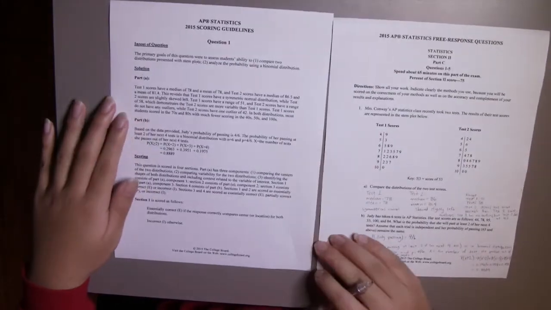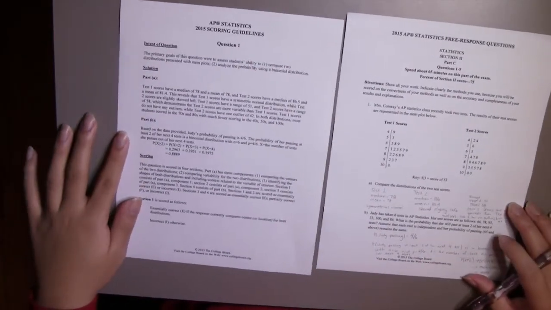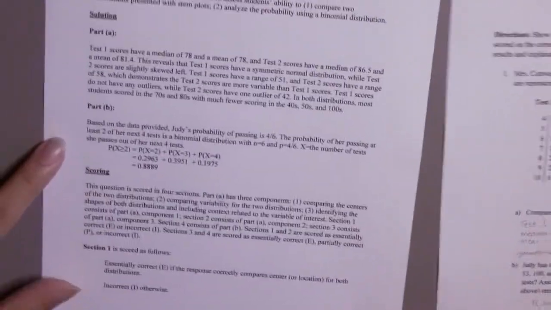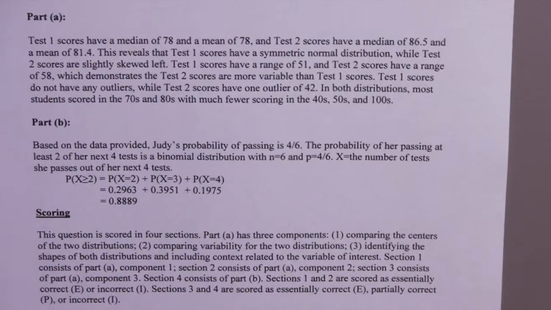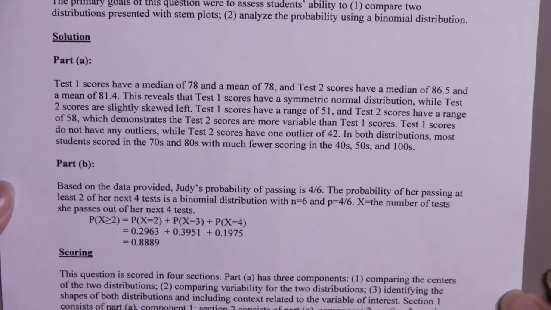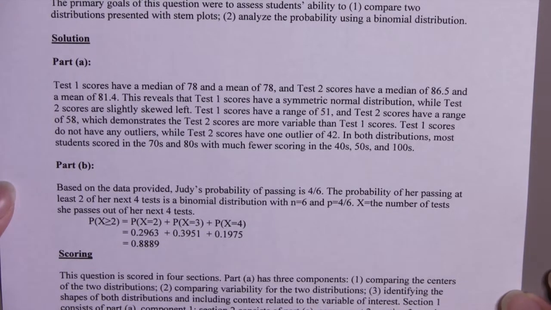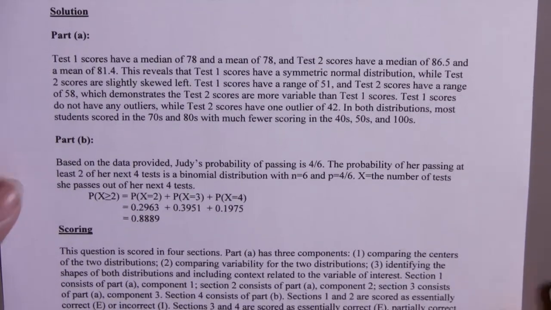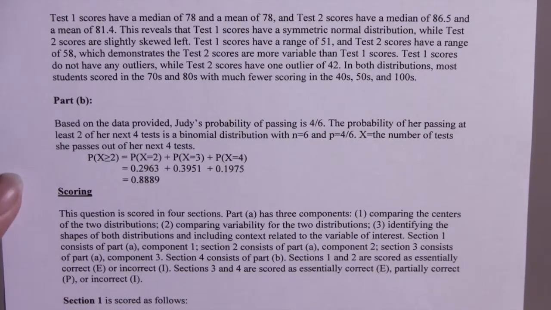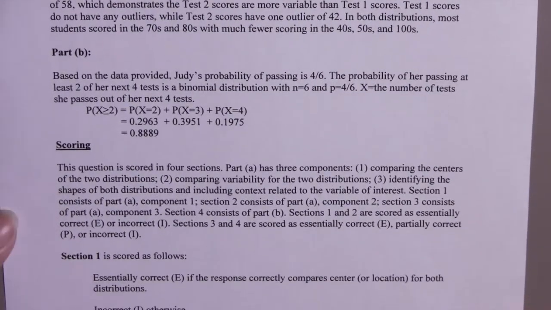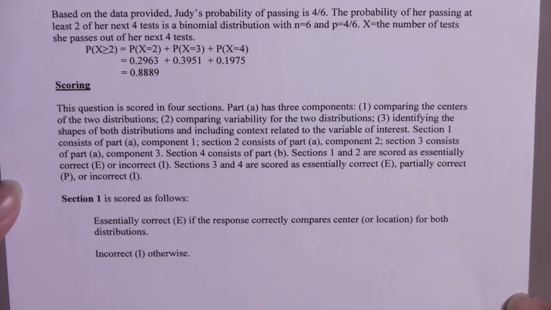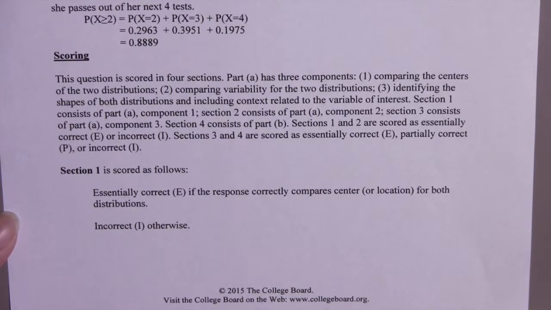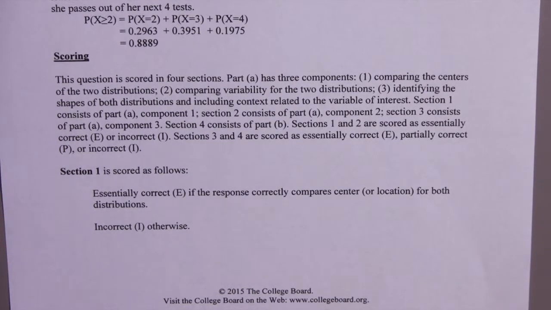Alright, so let's now look at the solutions, or what they're looking for in the answers. So the intent of the question. The primary goals of this question were to assess the student's ability to 1. Compare 2 distributions presented with stem plots, and 2. analyze the probability using a binomial distribution. Alright, next we look at the solution, which we already did. You can take my word for it. It's correct. Let's skip down to scoring, because